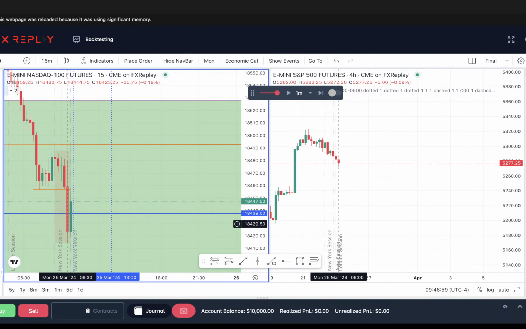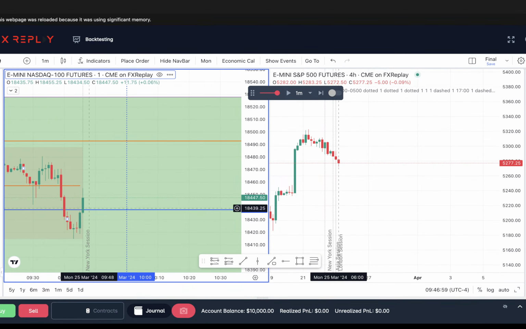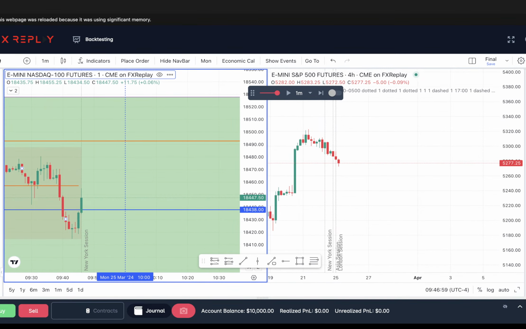swept this. Also, like y'all saw, the candle was not closed. That's why you wait for candle closes. It looked like a green candle, and then we played it, and then it closed red. And then we have a nice push off of it. So that is my sign to go to the 1-minute time frame, and we wait for a market structure shift.